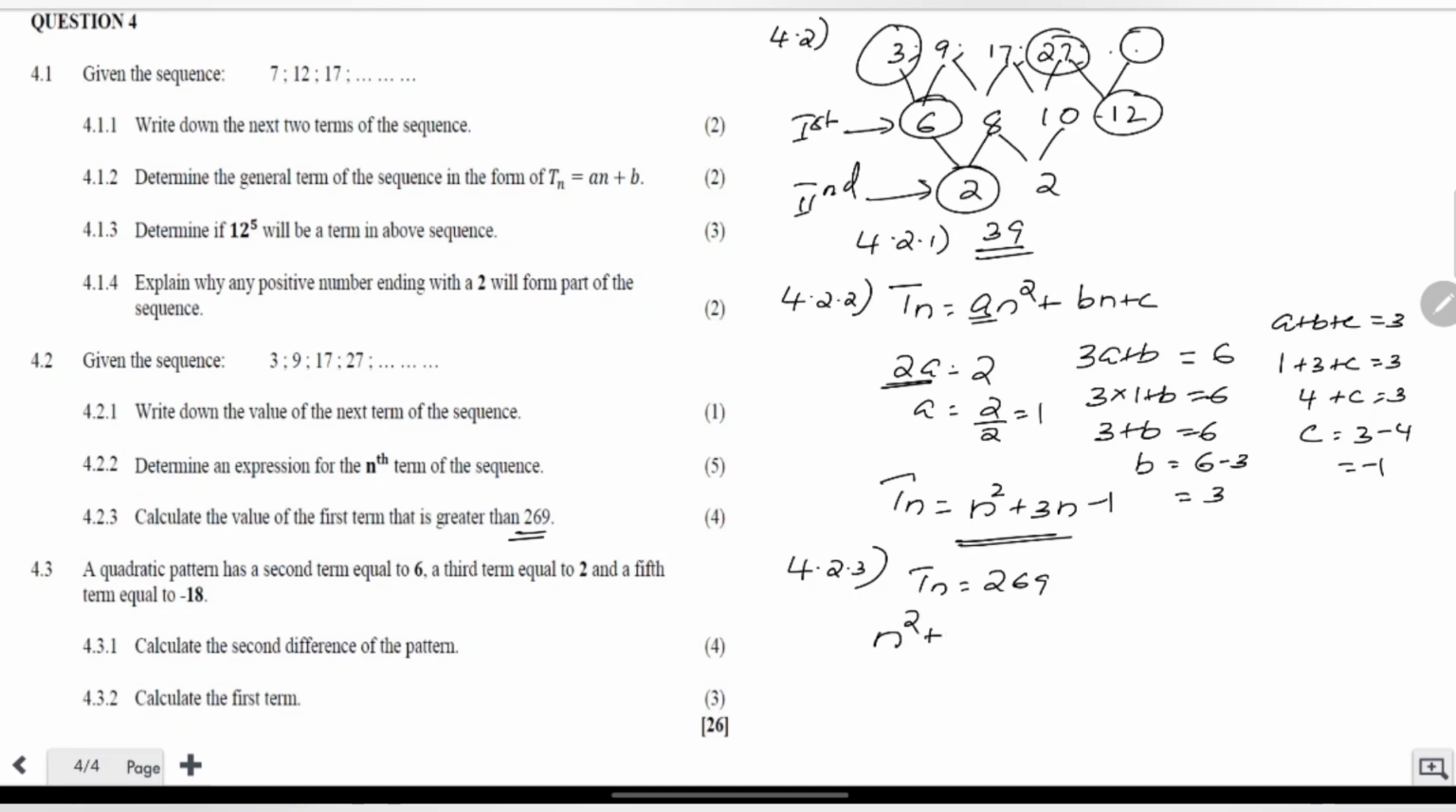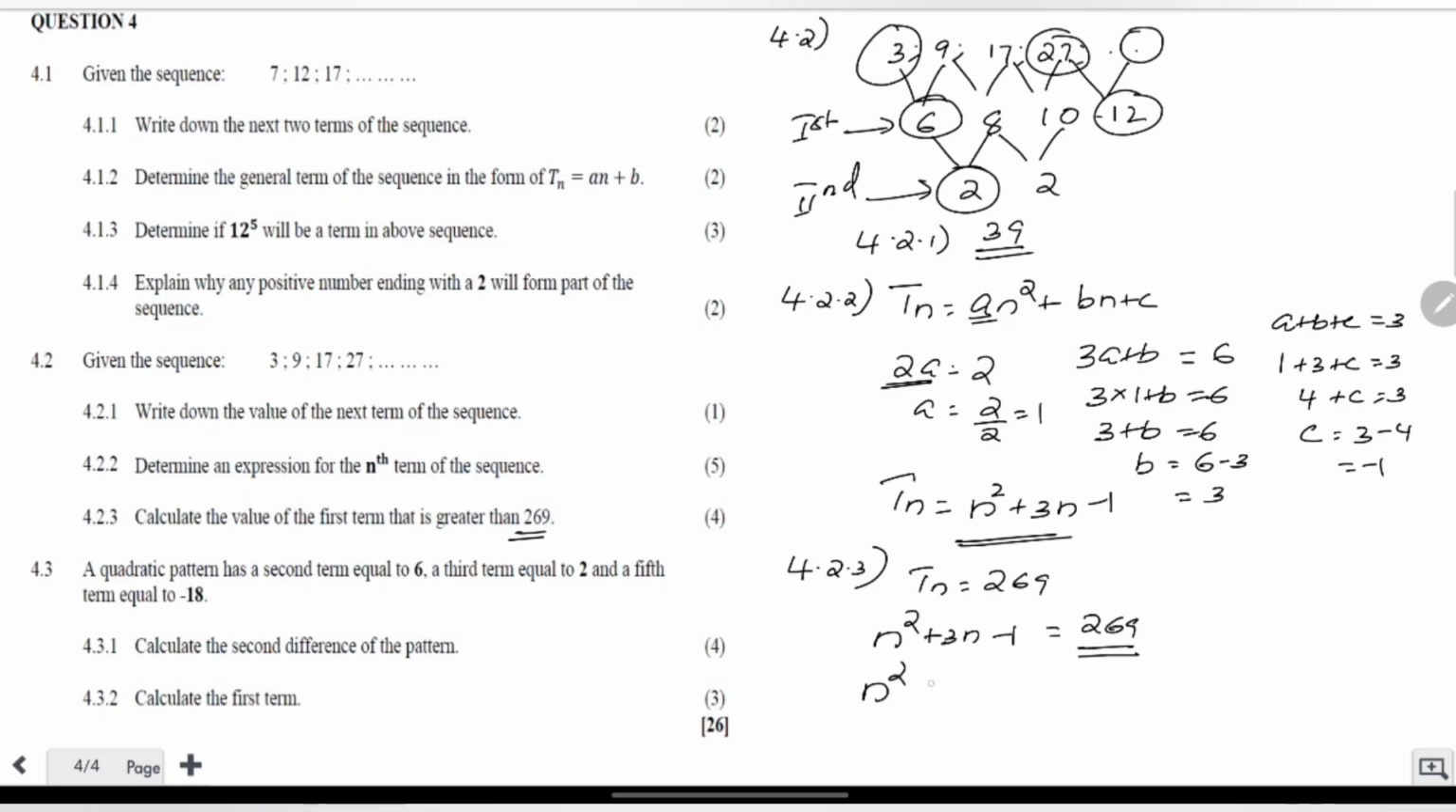n square plus 3n minus 1 is equal to 269. Now simplify it. It is a quadratic equation. Make one side 0, bringing this side over. Don't send a minus. Many learners are doing that; I saw it in the test that you wrote. Please don't do it. You have to make the right-hand side 0, because